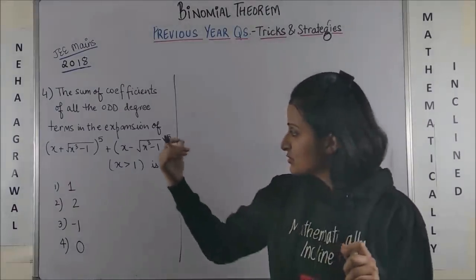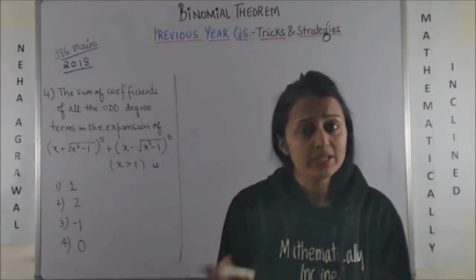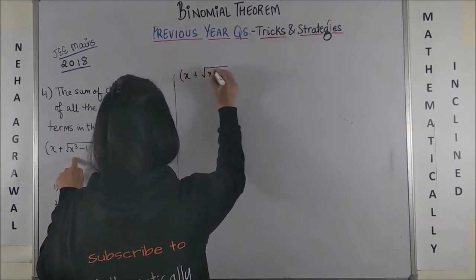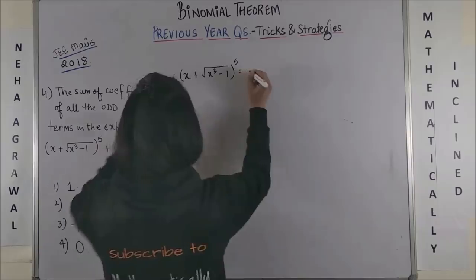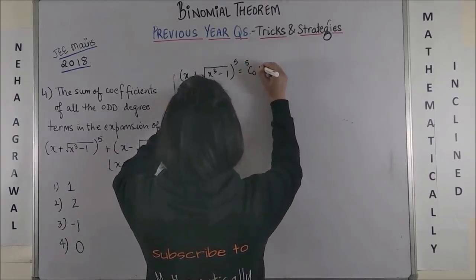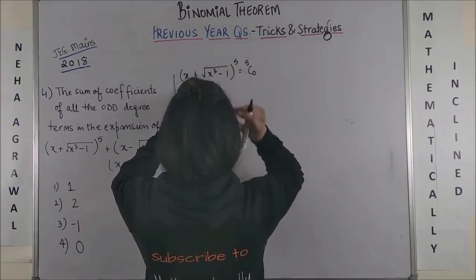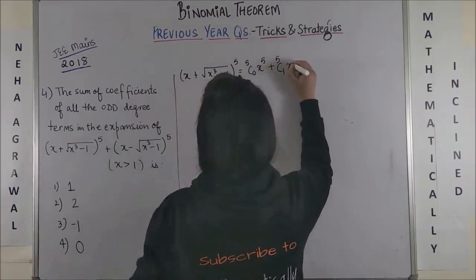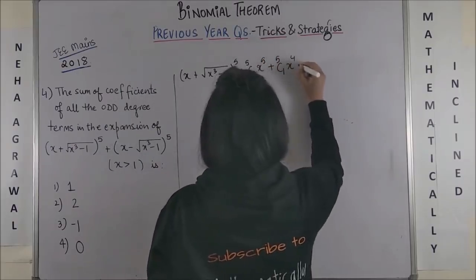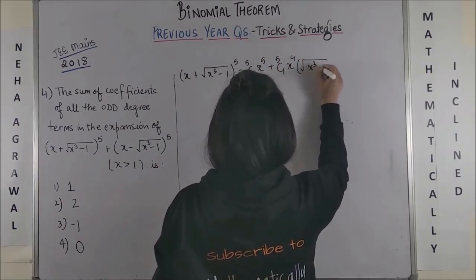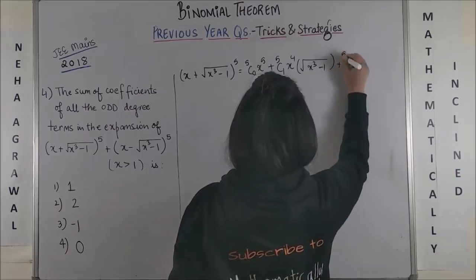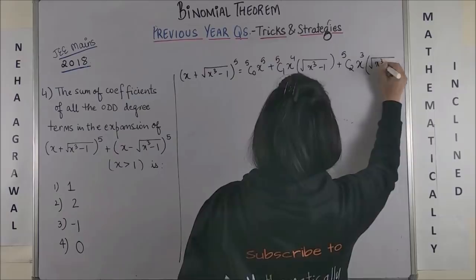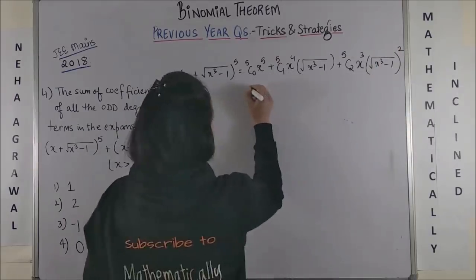So if it is raised to power 5, obviously it will give us only 6 terms. So starting with x plus x cube minus 1 raised to power 5. This would give us 5c0 into x raised to power 5 plus 5c1 into x raised to power 4, and this is x cube minus 1, plus 5c2 x raised to power 3 into x cube minus 1 whole square, plus